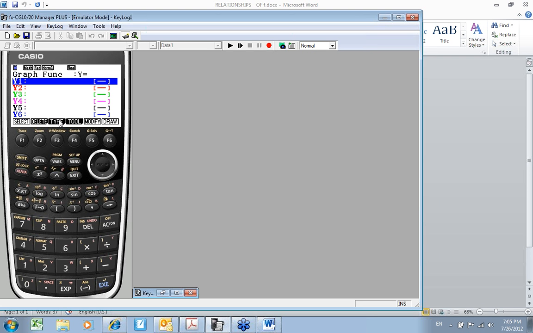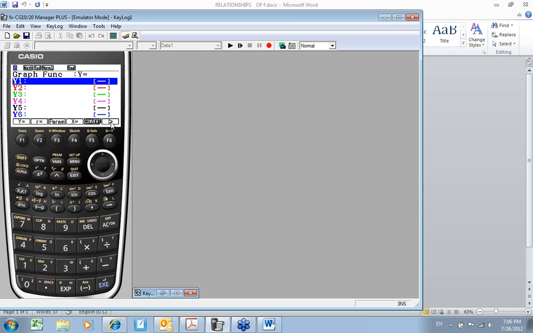Also, you might want to notice that under type is where, if you were graphing in other modes, here's your parametric mode. Here's your polar mode. And then we also have an option of graphing an x-equal, a vertical line mode, and we'll use that later in this activity.